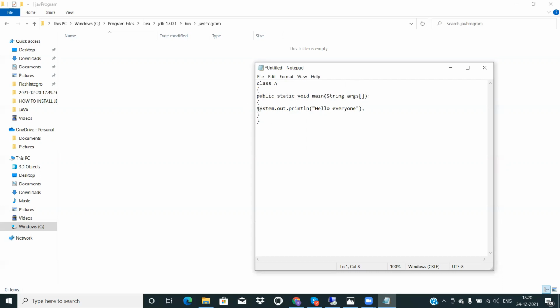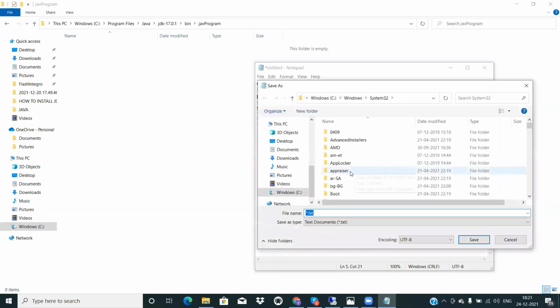Inside this main method we have written System.out.println. println is nothing but the method, out is the object, and System is a class. I will explain what is meant by class, object, and method, what is meant by public access modifier, what is meant by the return type, what is meant by the string array, everything, and what is meant by class mainly.